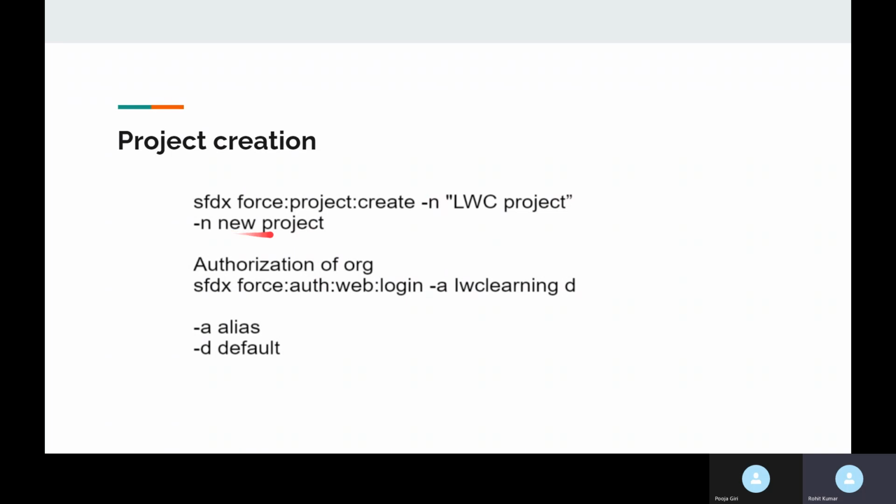Here you can see the alias flag -a and -d: -a is the alias and -d is the default. You can easily understand with the help of these commands, right? Yes. So this is the project creation.